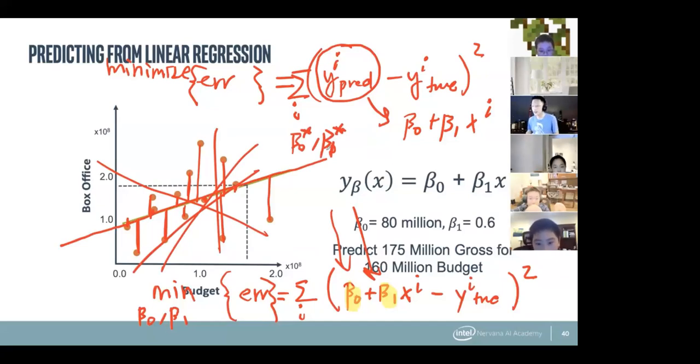Now, of course, this is very stupid, right? You don't want to just try all the beta zeros and all the beta ones. There's actually some cool math that we can use to figure out what these are very quickly and analytically, so you can write out the expression exactly. We won't talk about that today because it requires a little extra knowledge, but I hope this makes sense. You have this error function that defines how stupid your model is, and then you use an algorithm to minimize that error to make your model a lot smarter, so that it can make predictions much more reliably. Does that make sense? Does anyone have any questions about this?